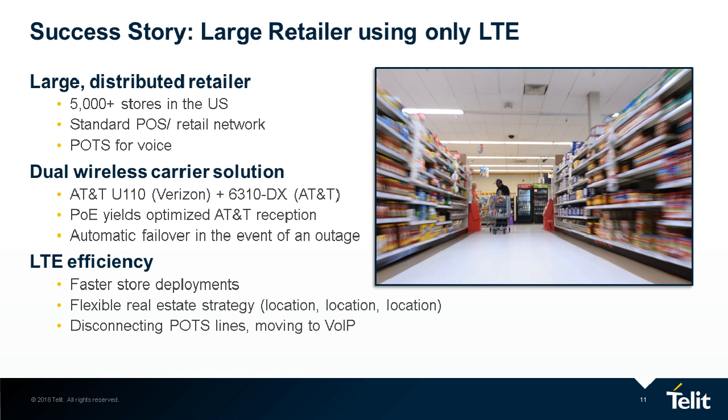So their strategy is they're using that AT&T SD-WAN appliance. They actually put that into the equipment room or the manager's office in the actual stores, right? And then they'll use one of our PoE routers, and they will have an installer go out there and run an extensive site survey to find where the location is best to install the device. They will install the AT&T SIM inside of our PoE-enabled router, and they will put the Verizon SIM inside of